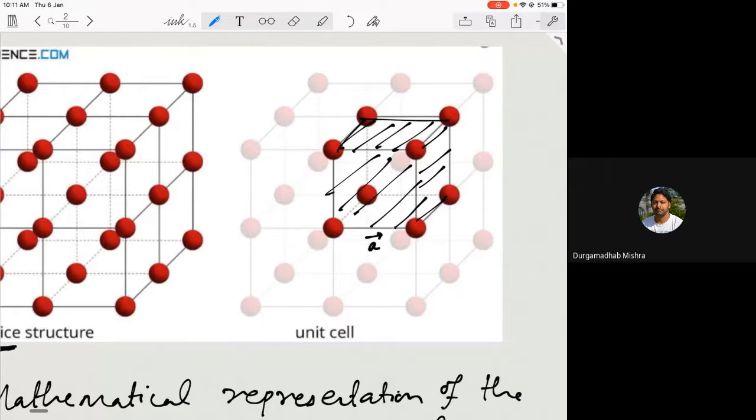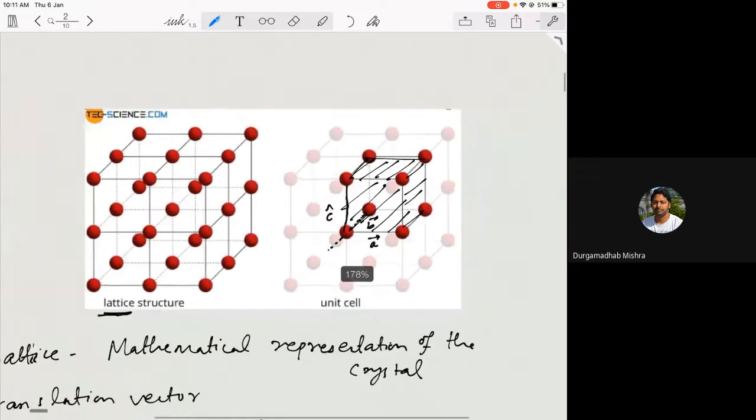this is, let's say, this dotted line, what you see here, this axis, so this is B, and this one is C. So this is the smallest vector that you require to define the unit cell. So A, B, and C will define the unit cell, and then